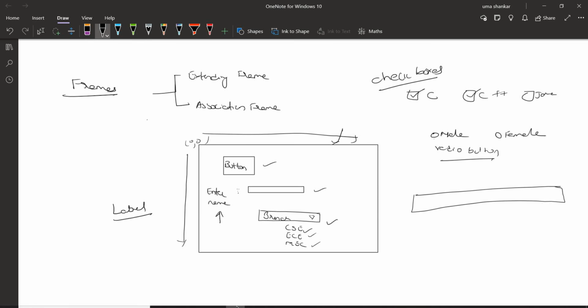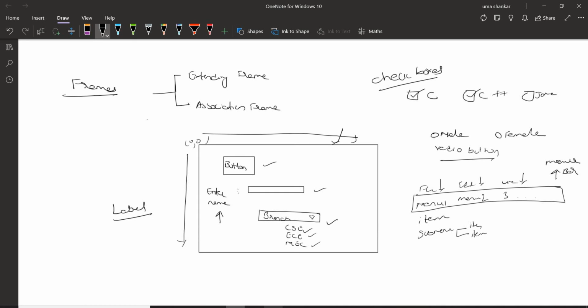Okay, this is the menu bar. Here we have a set of menus: menu 1, menu 2, 3 and so on, like file, edit, view and so on. Each one is a menu item. All these menu items are added to the menu bar. And this menu can contain an individual item or a submenu. This submenu contains again menu items.